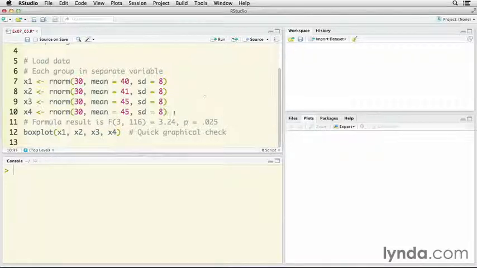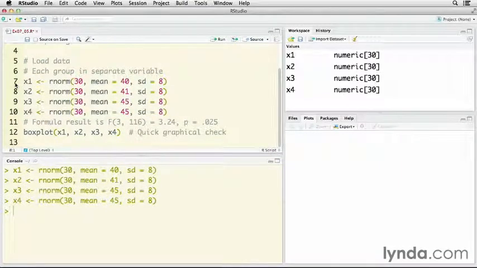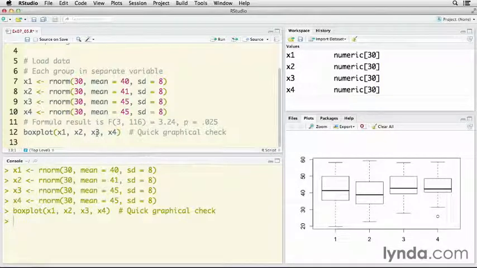So let me get these 4 variables. I'm going to do them all like that. So now I have the data, and I'm going to get a box plot that looks at the 4, just side-by-side box plots. Now, what's interesting about this is you can actually tell that right now, even though group 1, x1, is supposed to have a lower value than 2, it's flipped around in terms of the median, and they